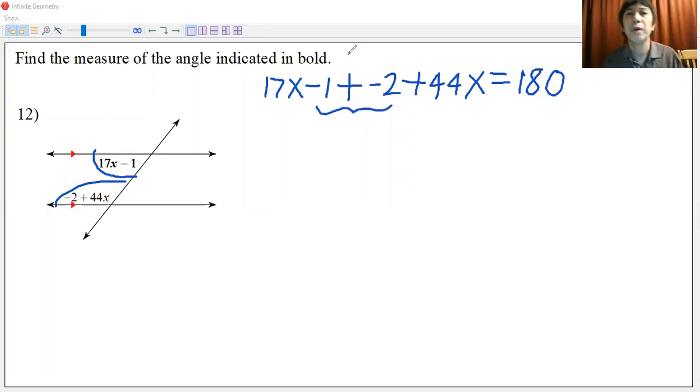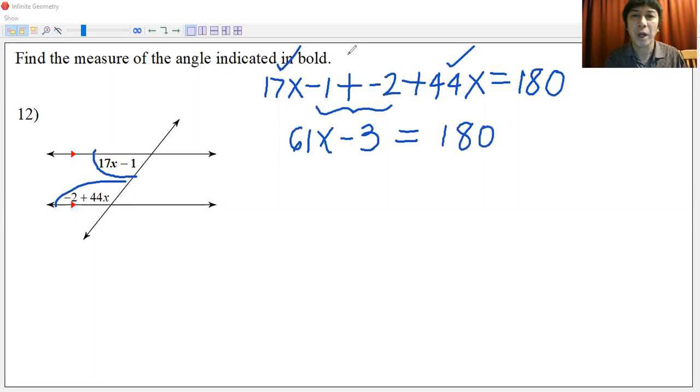The negative 1 added to negative 2, that's negative 3. We can also combine the 44x and the 17x. That should be about 61x, okay? Yes, 61x. And then this is equal to